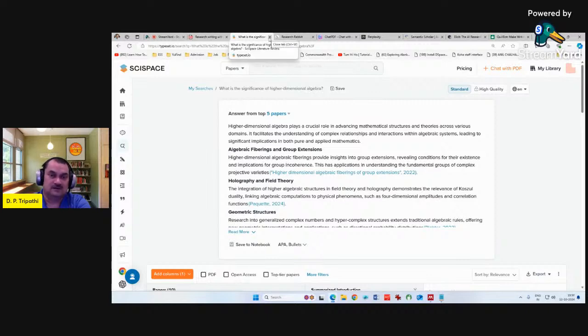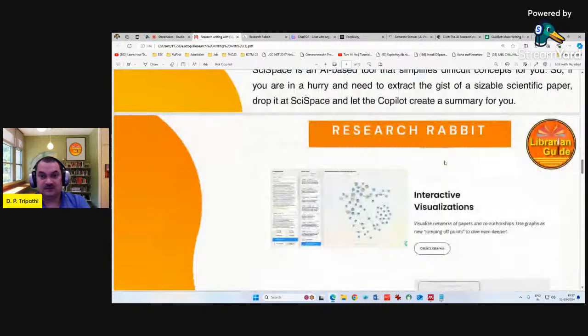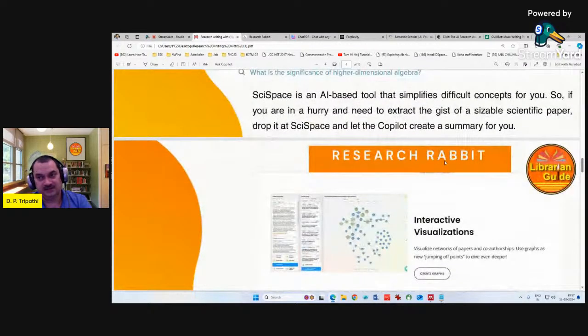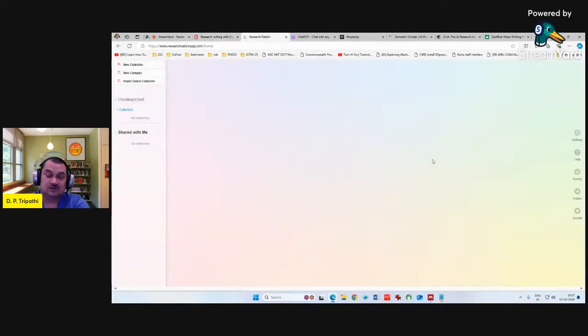Another tool which I am going to talk about is Research Rabbit. You might have already seen it, or you might have experienced it. If you have not experienced it, you will definitely love this tool. It is very good for interactive visualization, which connects at a time thousands of papers or all the relevant papers, and gives you the summary, or the detail, about that connected paper. So how do you do that? First, when you start